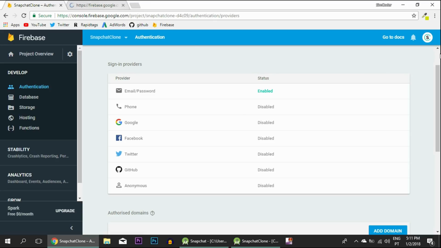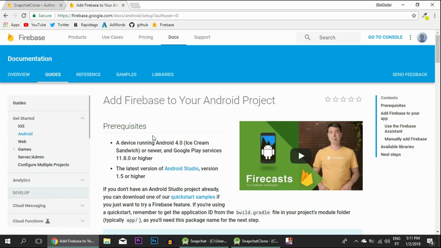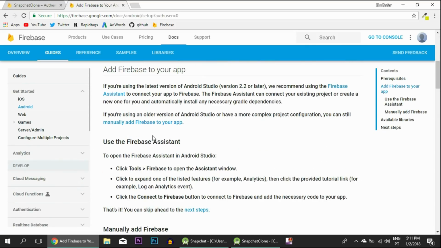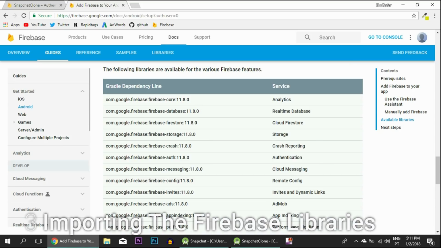Let's go inside the docs, and we are going to import some lines to our Gradle file. We are going to basically download a couple of libraries that we need in order to make it work. We'll need the storage, no, actually not that one. Let me check one thing. The first one that we'll need is the core, and the way you import it is just copy that,